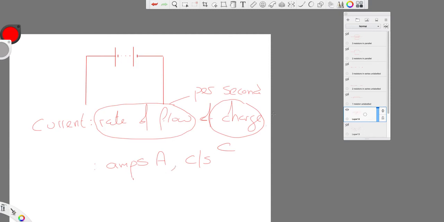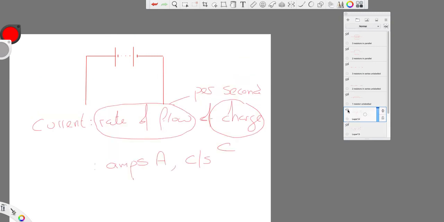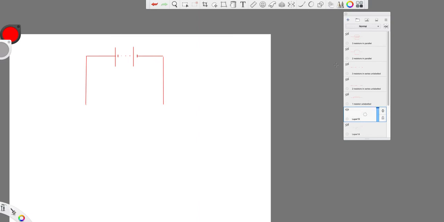So we have potential difference and we have current. One more thing to think about here in terms of quantities, and that is resistance. Resistance, well, that's a little harder to define in nice scientific terms. Resistance was a term coined by Mr. Ohm